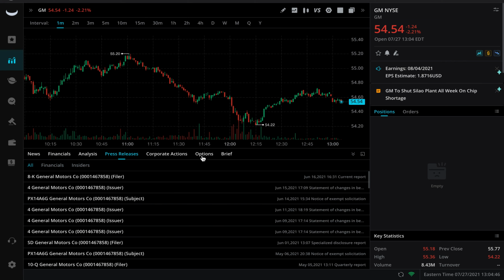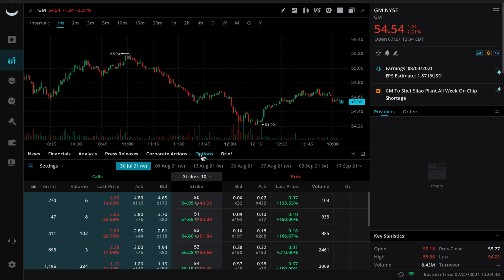But eventually, if you go to the right, you'll see the options tab right here. So we can click on that tab. This will show us the particular options for the stock we're currently in, which again is ticker symbol GM right here. So the very first thing I want to show you guys here is if you click on this drop down here, the settings drop down,